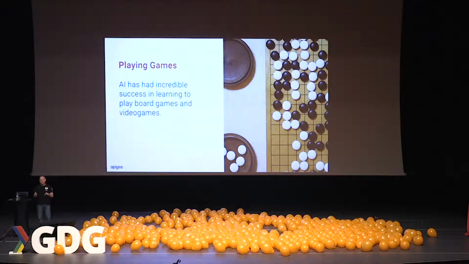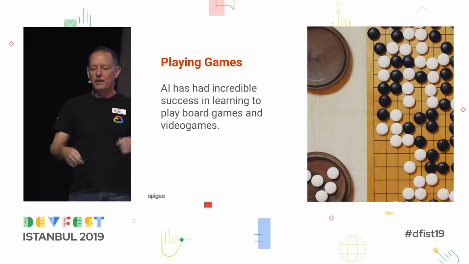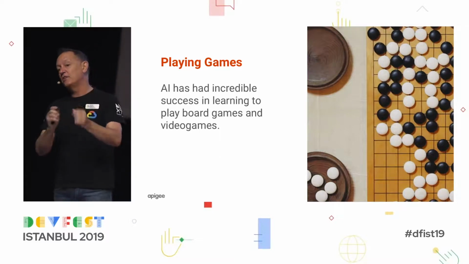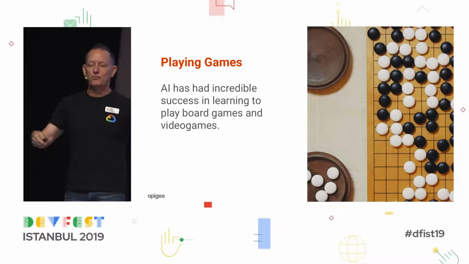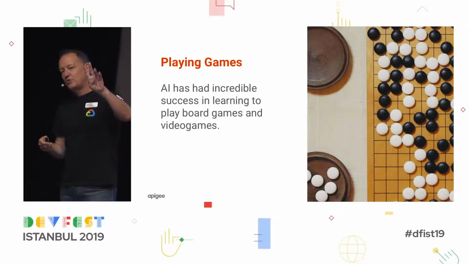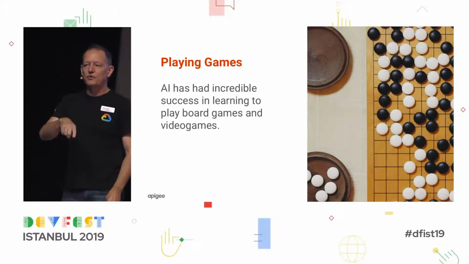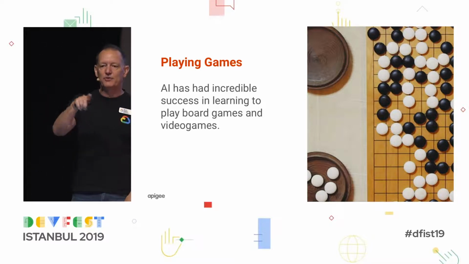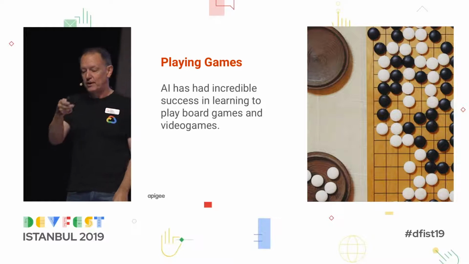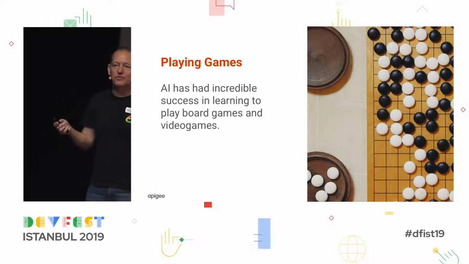It was trained from scratch using just the basic principles of the game. You can put a tile down, and then you want to capture territory and go from there. It learned by just playing itself. It started playing randomly and found patterns that worked and got better and better and better. After 24 hours of training, AlphaGo Zero beat the version that beat the European champion. After a few days, it beat the version that beat the world champion, and it is now the best Go player in the world.